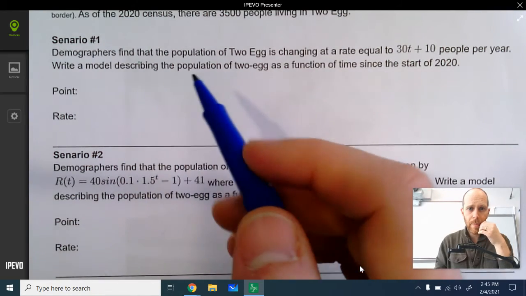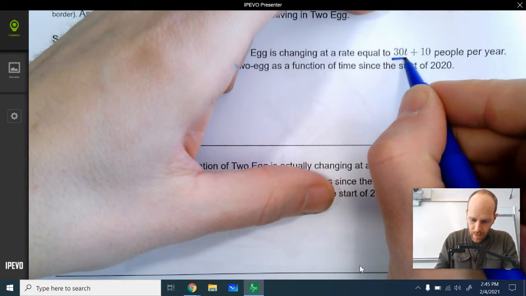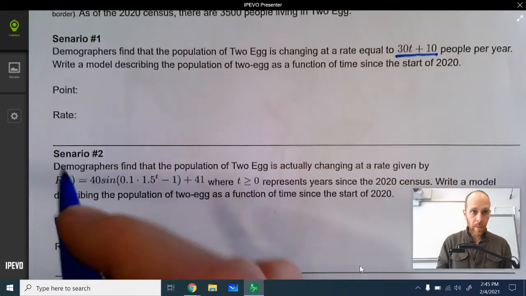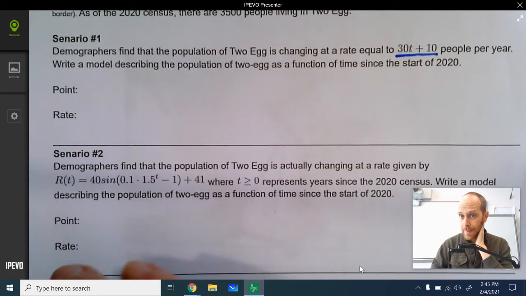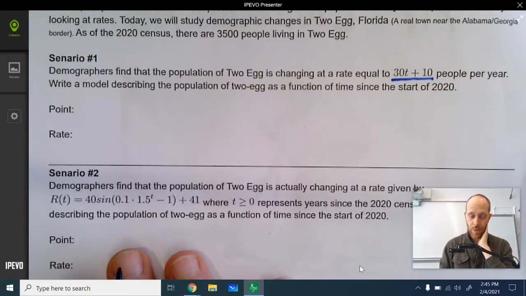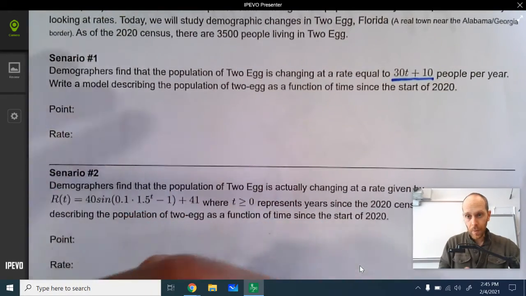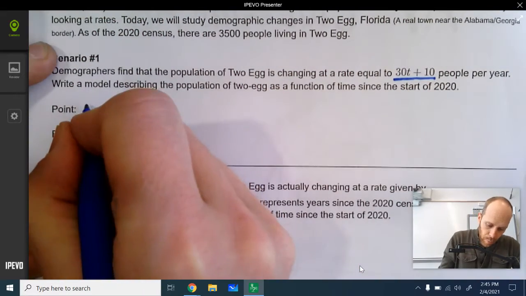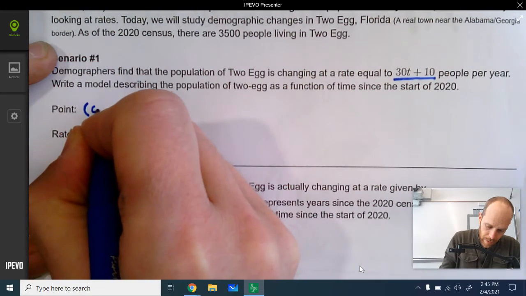The first one goes like this. Demographers find that the population of 2EG is changing at a rate that is equal to 30t plus 10. We want to write a model describing the population of 2EG as a function of time since the start of 2020. You're going to need 2 pieces of information. If you want a function, you need a point and you need a rate. Our point is going to be this. At the start of 2020, which would be time 0,